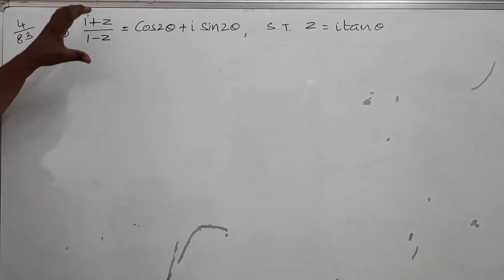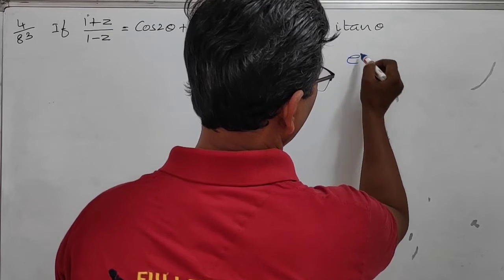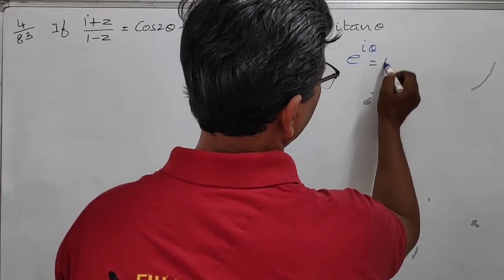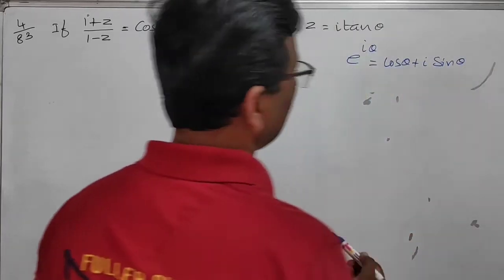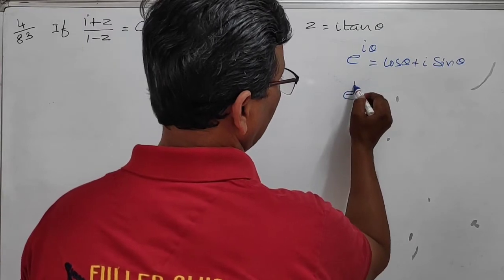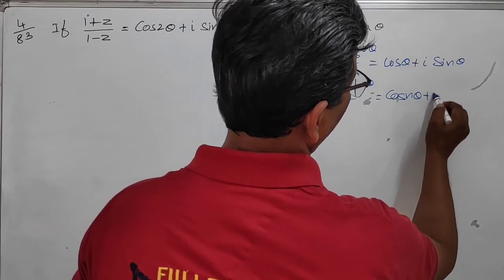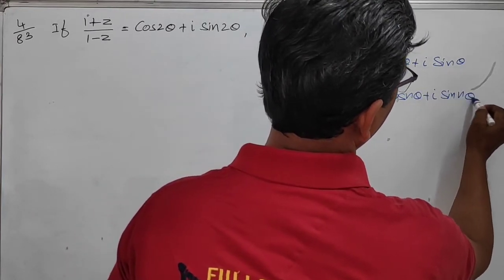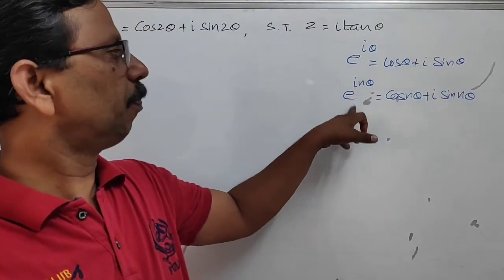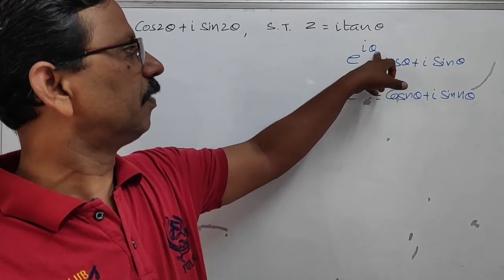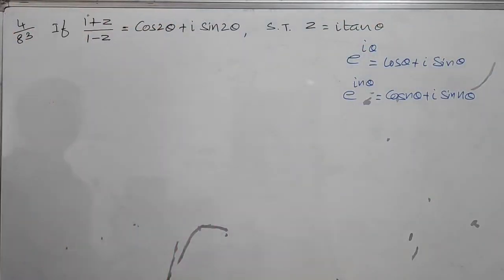Now here, for proving this one, let us recall the inverse form, that is e power i theta can be written as cos theta plus i sin theta. Based on it we have one result, e power i n theta is equal to cos n theta plus i sin n theta. E power i theta is equal to cos theta plus i sin theta, then e power i n theta, instead of theta we have n theta. Therefore replace theta as n theta. Based on this property we can easily prove this result.